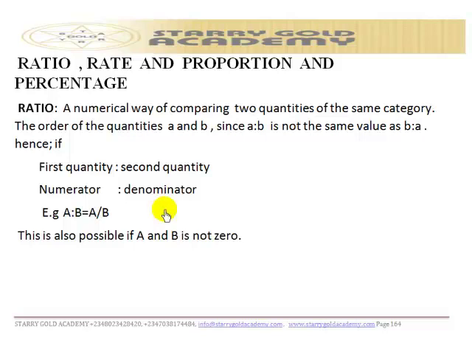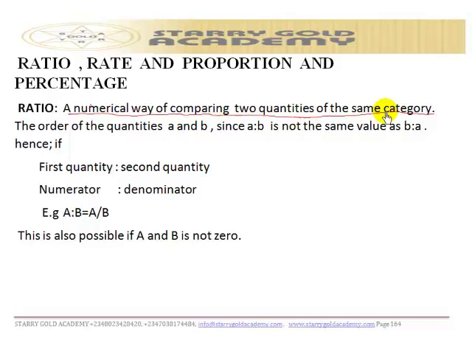Today we'll be looking at ratio, rate, proportion, and percentage. Basically, everything on the screen right now has so many things in common. Ratio is a numerical way of comparing two quantities of the same category. Sometimes it can be three. So if you have two quantities that are being compared,